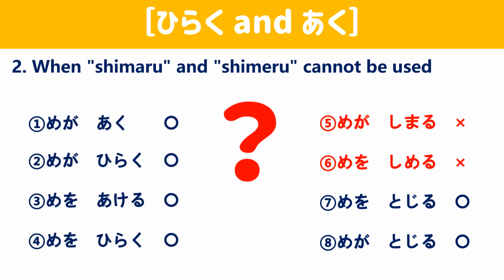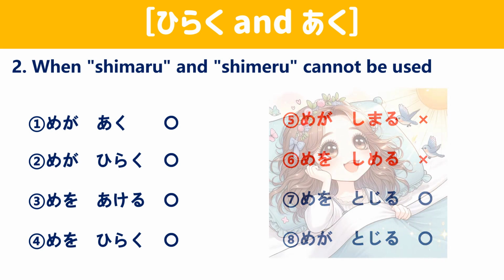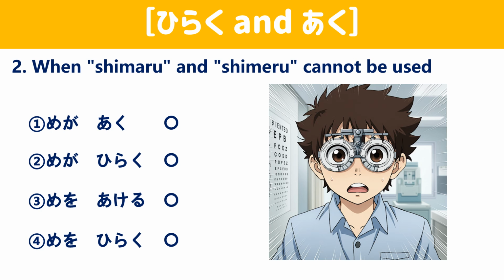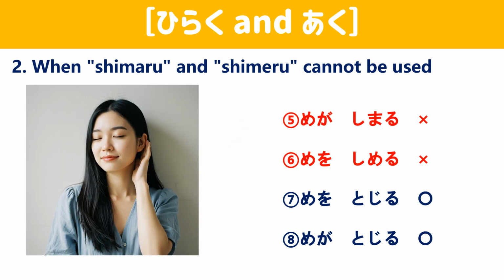When trying to understand the grammar of a foreign language, thinking too logically may make it more difficult to remember and understand. So, you can just memorize that expressions about eyes cannot be used, but if you're interested, listen to the following explanation. 1. 目が開く。2. 目が開く。3. 目を開ける。4. 目を開く。5. 目が閉まる。6. 目を閉める。7. 目を閉じる。8. 目が閉じる。